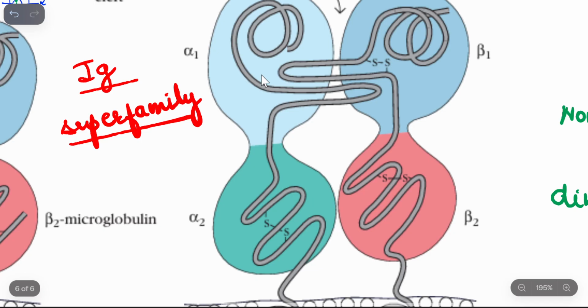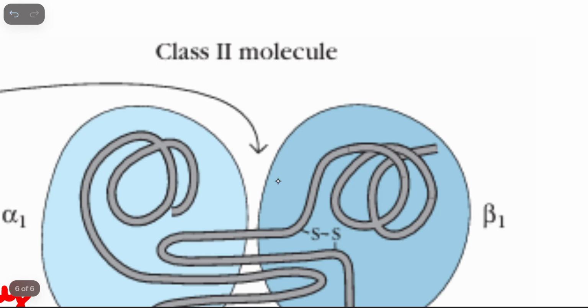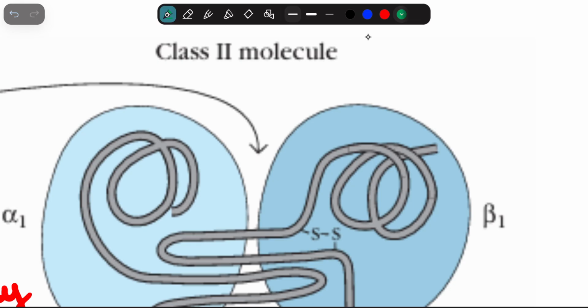Let us now move on to the dimensions of this cleft, and let us try to cover this in a generalized form. Again, when I talk about the platform of the cleft or the base of the cleft, the base of the cleft is comprised of 8 anti-parallel beta sheets, which is forming the floor of the cleft, and then afterwards there are